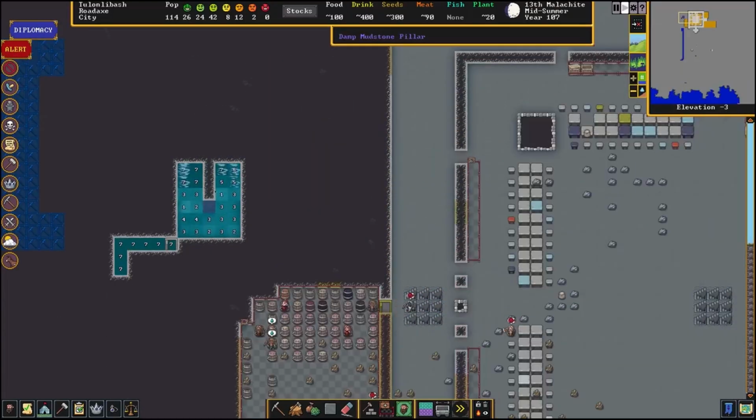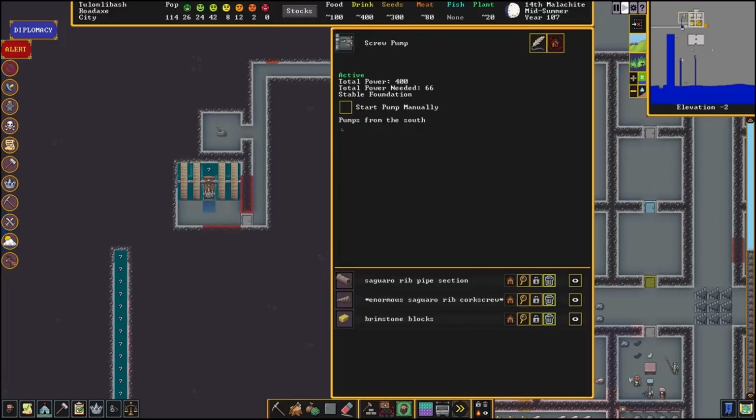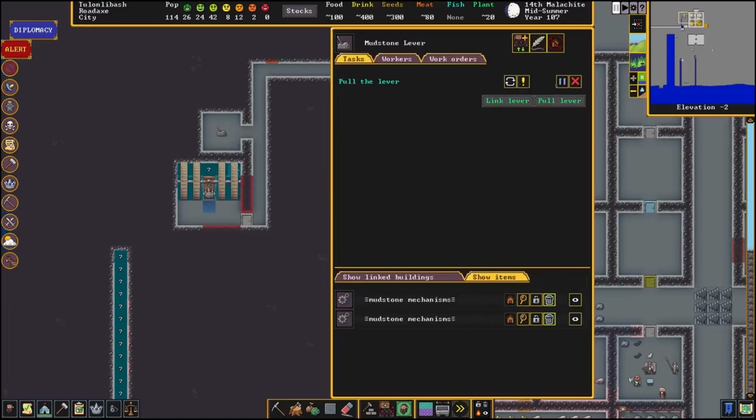Excellent. So the water flowing into the room triggered the water wheels to generate power, which turned on the pumps, and they started automatically. So we didn't even need to start pumping manually. You can see that the screw pump is active. Total power is 400, and total power needed is 66. This looks pretty good. We don't want to overfill it, so we're going to close our valve, pull the lever,